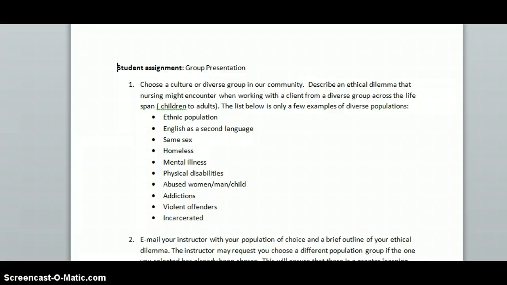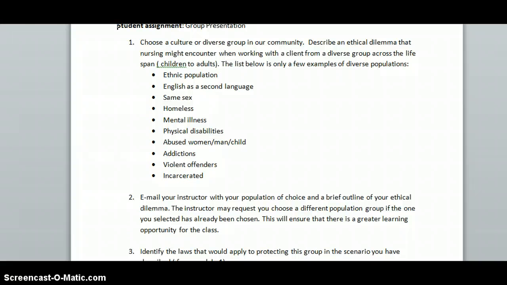So you're going to choose a culture or a diverse group in the community. You're going to think of an ethical dilemma within that diverse group, and then you're going to present the laws that guide your practice and strategies that nurses might use in order to guide their practice when faced with this ethical dilemma. The presentation needs to include